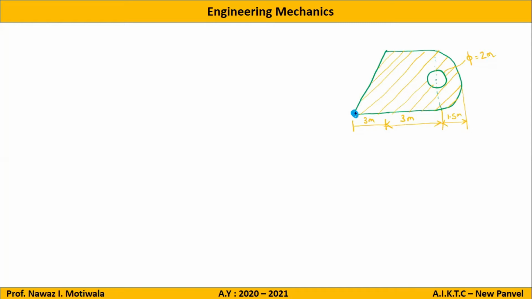So with this I have committed that whatever distance I will take, it is from this particular point. The third step is to divide the entire object into the minimum number of standard parts, for which I have already given you a hint: wherever there is a curve, there will be either a semicircle or quarter circle, and wherever there is an inclined line, there will be a triangle. So what are the standard parts? Sir, one triangle, one rectangle, and one semicircle.